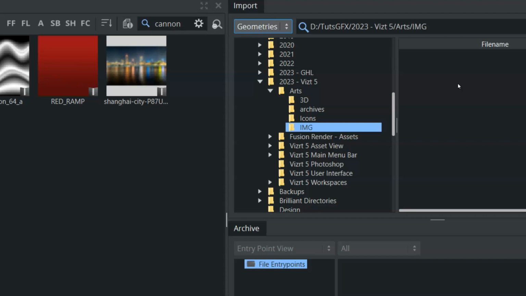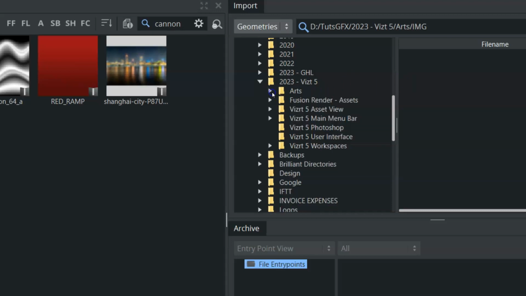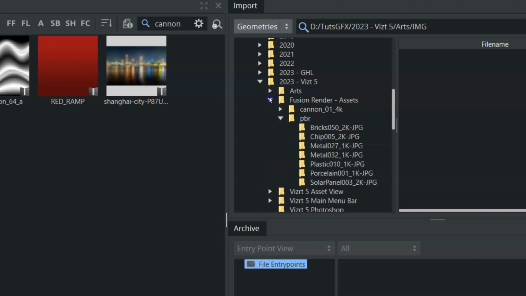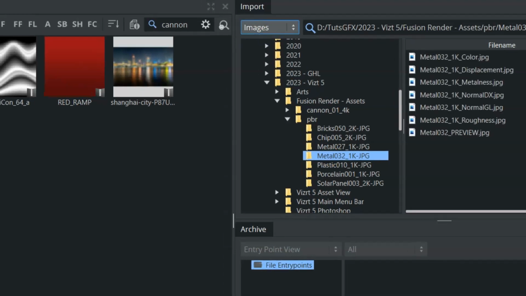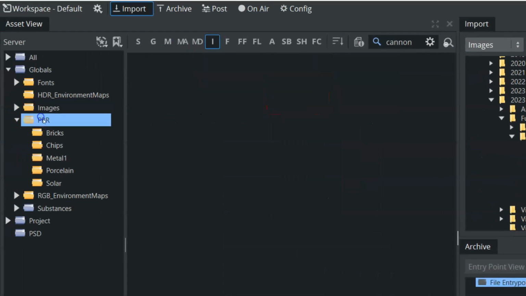Now, if you had PBR materials to import, it would be the same process. So we just navigate to a folder where we have our assets, and here we have a folder with some PBR assets, and we can come down to one of our folders here. We'll select images within our drop down here, and again we can come over, and this time we want to